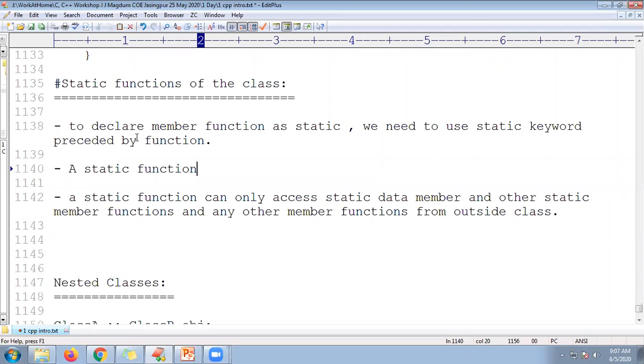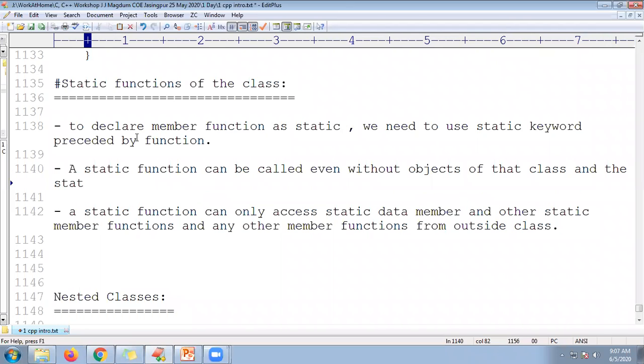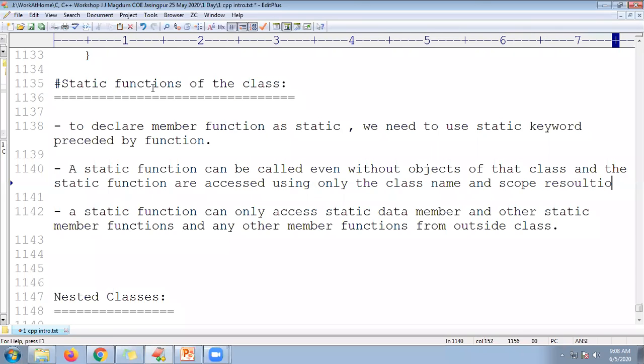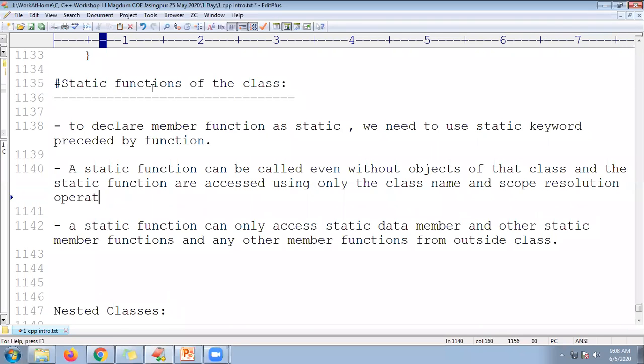Static functions of the class are accessed using the class name and the scope resolution operator.